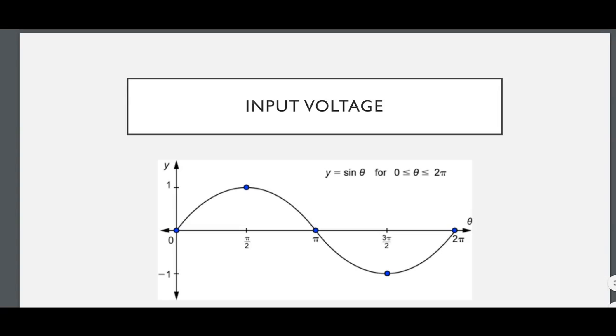So let's start off with the input voltage. We're given some sinusoid that is derived in the circuit. It could be a sine or cosine wave, but it starts off at 0, goes to some peak value, and in this case it's 1. Then it has a curve back down to the negative peak value, -1, and returns to 0. Now this is done so that it can alternate between positive and negative